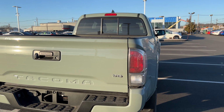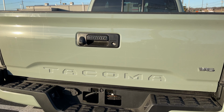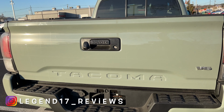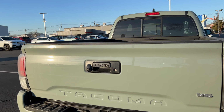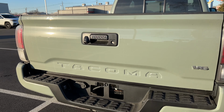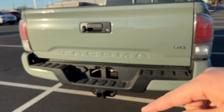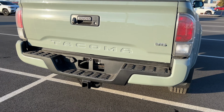There is the V6 badge on the right. It is finished in chrome. Tacoma is imprinted into the tailgate, and does say Toyota right there, which is a nice touch. And that's where the backup camera is. And there is the pin connectors in the bottom, hitch receiver, and